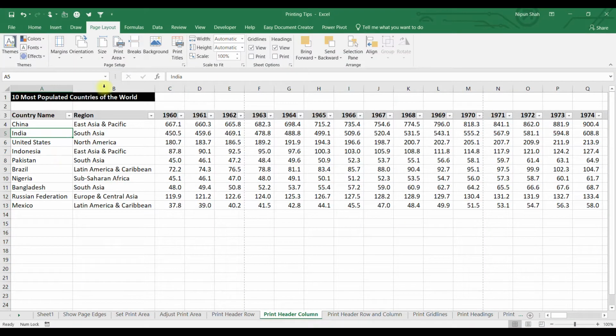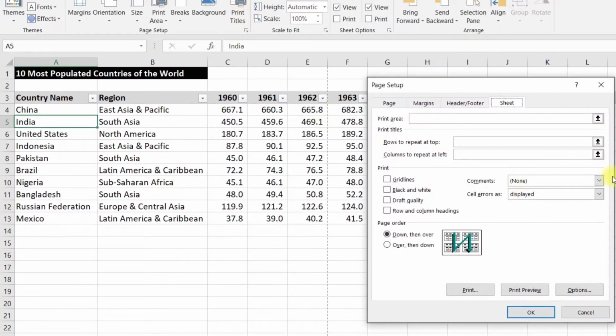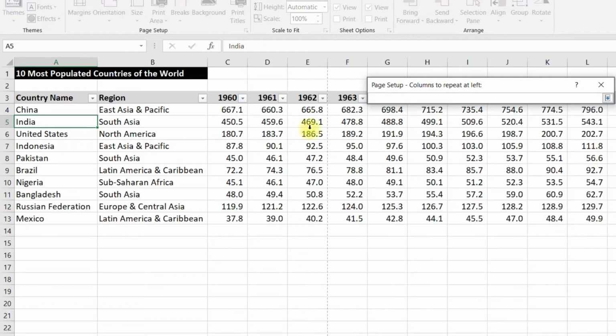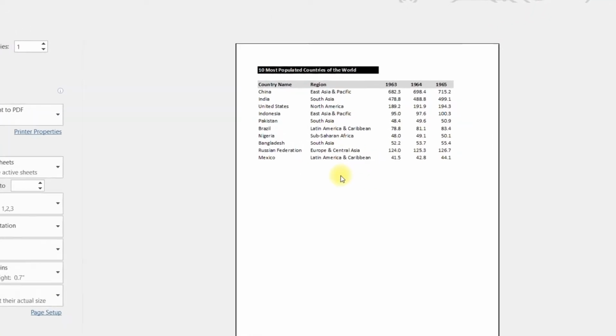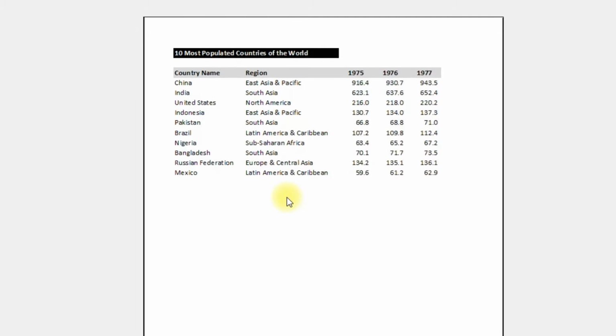To freeze the columns, go to page layout, and in the print titles just mention the columns to be repeated at left. Here column A and B, OK, and if I go to the print mode now and scroll to the right, I can see my headers are being repeated on every page.